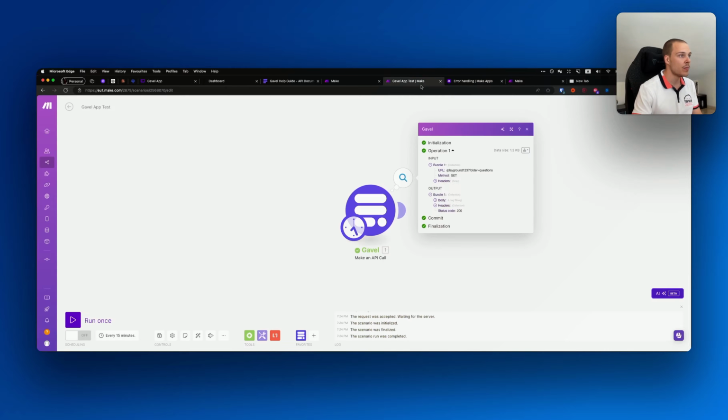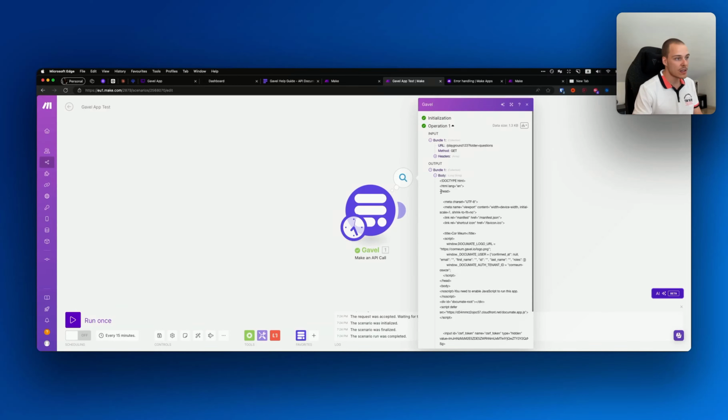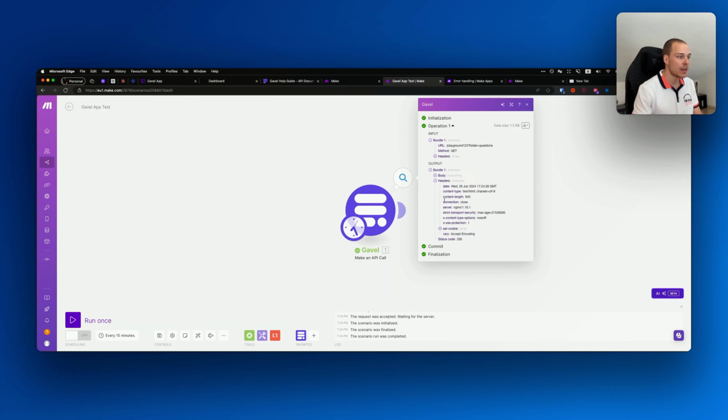So in this case, for example, how we can understand if it was valid or not is, for example, if the headers, the content type is text HTML, right? Because what we understand is that for all the other endpoints that we're going to be using in the app, such as downloading documents, it's really just PDFs and words. And for any other data, it will be returning it in a JSON format, right? So really meaning that if we get an HTML, that's probably because there was some kind of error and the